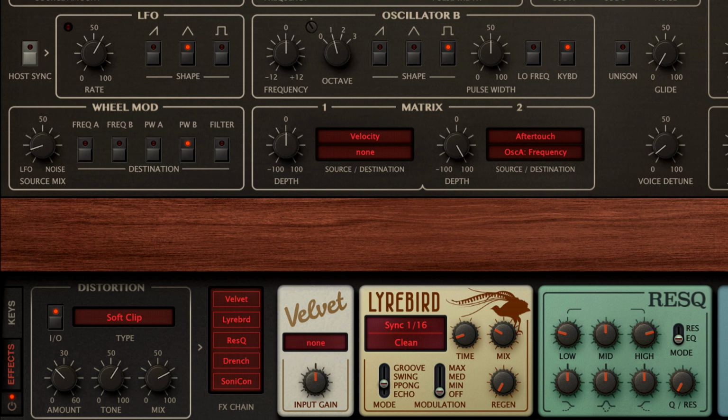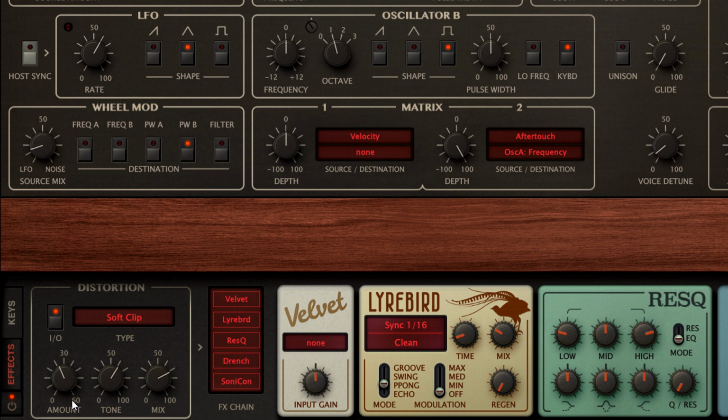This distortion section is polyphonic, unlike the rest of the effects, which is why it has to be the first effect in the chain and can't be reordered like the others. This means that when playing chords, there's no complex intermodulation between notes. Each note gets its own independent distortion, and the sound doesn't get any dirtier as you add more notes. This also adds another interesting possibility.